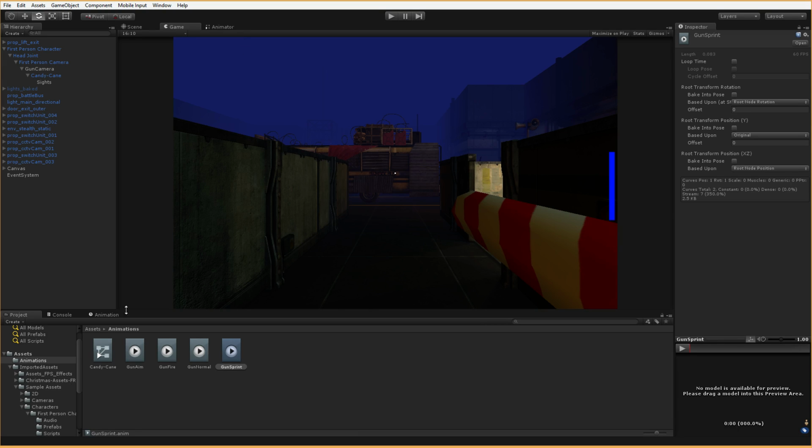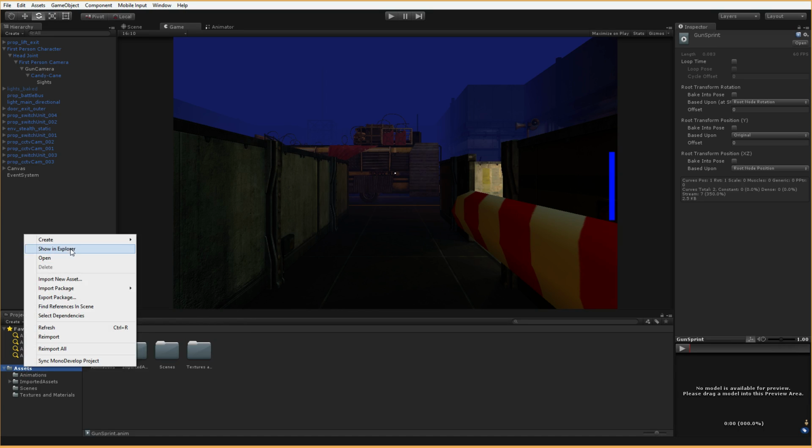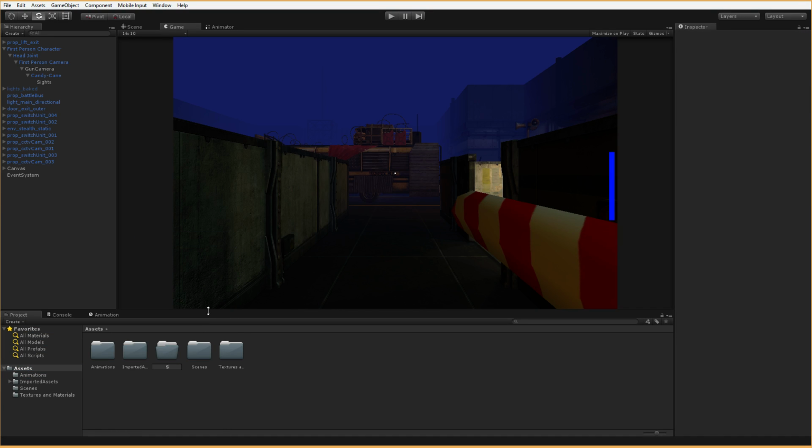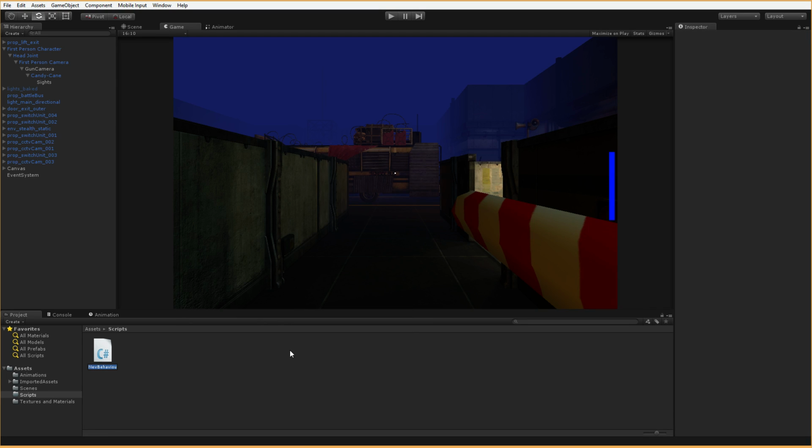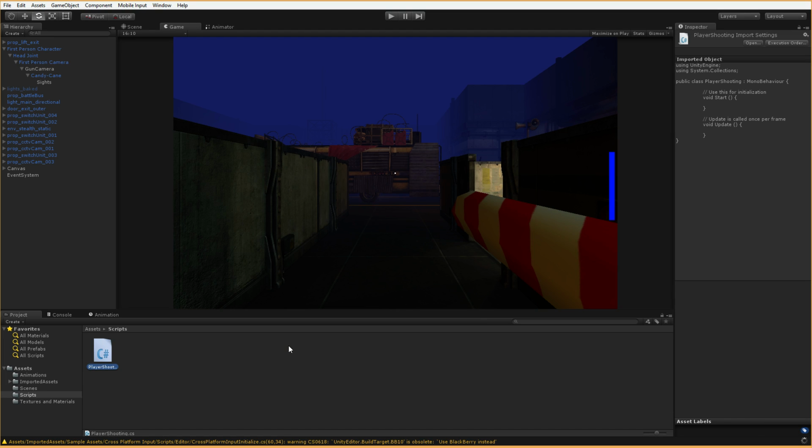The last thing we want to do is manage shooting. And for this, we're going to create a new script. We're not going to edit the one that exists. So I will create a new folder. This one's going to be my scripts folder. We'll open that up. We'll go create C#, and this one will be player shooting. The player shooting script here. And we're going to go ahead and put this on the gun camera. Not the first person camera, not the first person character, but the gun camera. And let's go ahead and open it up.